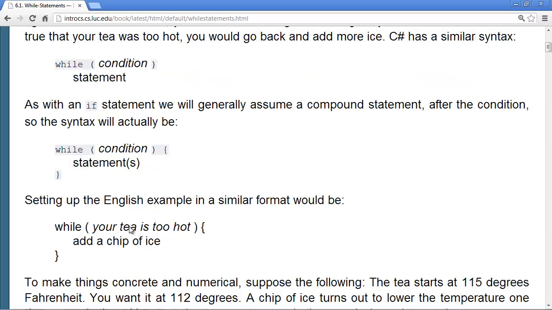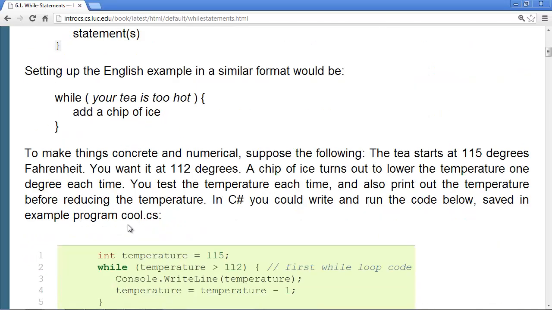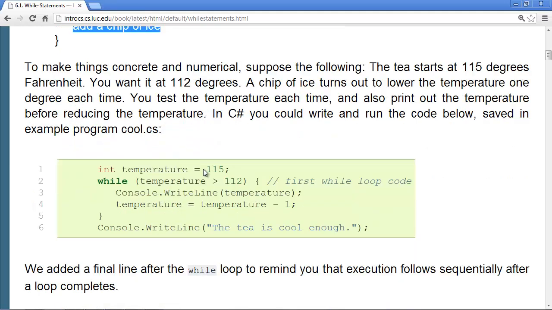So if we write some pseudocode here that corresponds to my example with the tea, it would be while the condition is your tea is too hot, and the thing that you do, as long as that condition is true, is add a chip of ice. We can sort of fake changing this into real C# with the following assumptions.